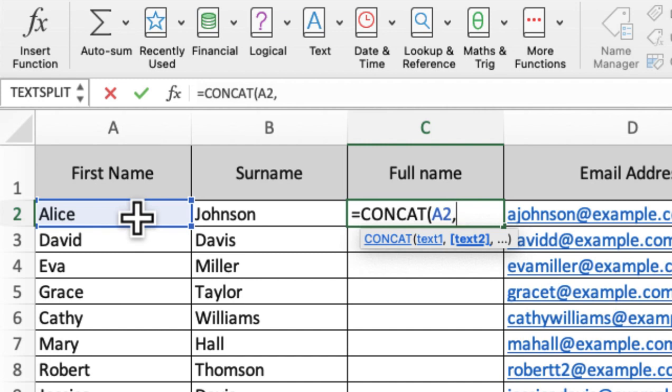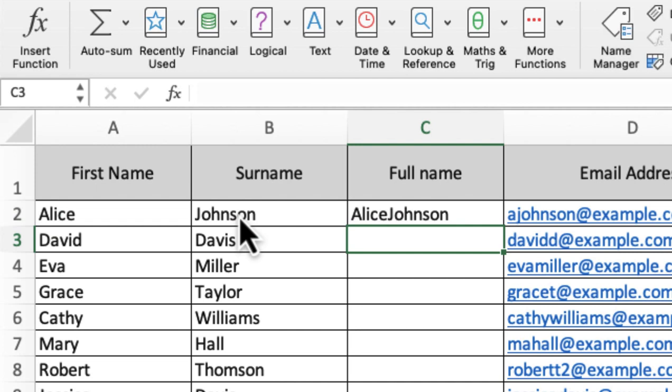You can see the little pop-up box below is now saying to put my next set of information in, so I want Johnson. If I wanted to pull more together, I would keep doing that with commas in the middle. I must remember, because I've got an open bracket, to close the bracket,